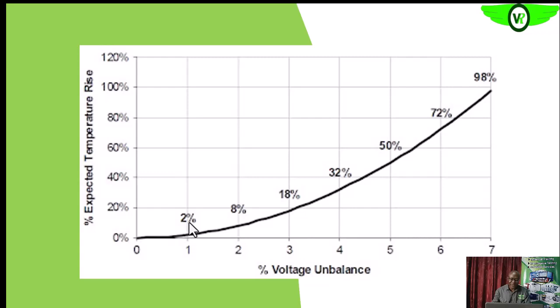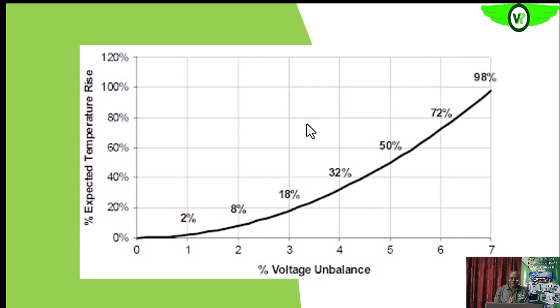about 2% temperature rise of the system. Then 2% voltage unbalance, 8% rise of the temperature of the motor system. Then 3% unbalance, you can see, are we getting it? You can see if